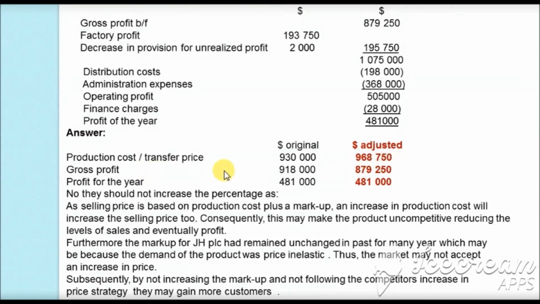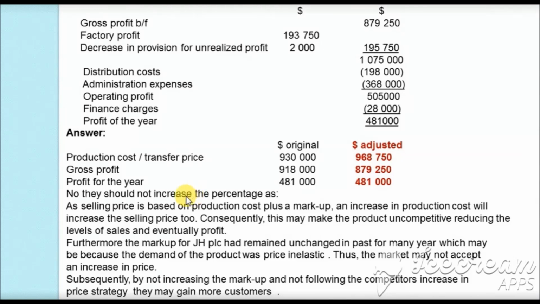The gross profit originally was $918,000, and the adjusted gross profit is $879,250. The profit for the year, however, remains the same. Originally it was $481,000, and the adjusted profit for the year is $481,000 as well. So, in the suggestion, I have stated that the directors should not increase the percentage of markup,